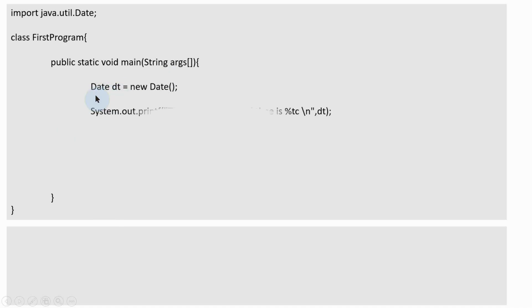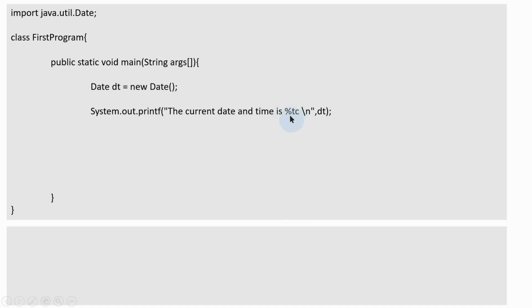Then I am using the first printf statement with a format specifier percentage %tc. I clearly mentioned earlier that percentage %t is used to access time and date, but here I have mentioned an additional character after percentage %t to extract some information from that date and time.